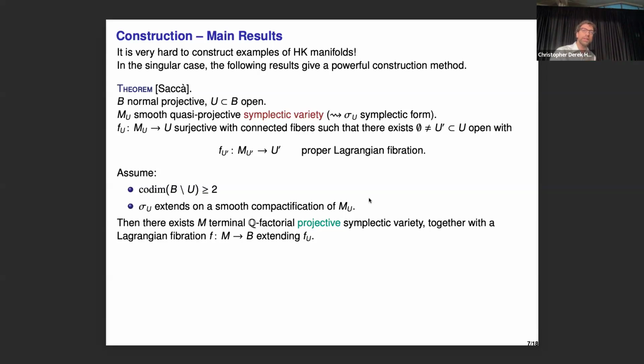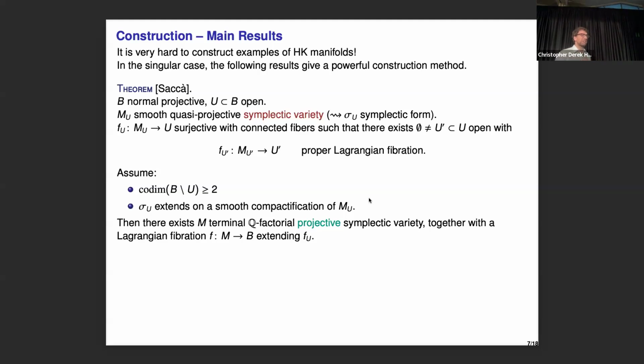And now the point is the following. So let's assume that there is a smaller maybe subset for which the fibration is actually a proper Lagrangian fibration. Okay, so I have two subsets. I have a larger one and I have a slightly smaller one in which the fibration is actually proper. Okay, so the fiber is actually a proper subvariety, which again by Arnold-Liouville is an abelian variety. Okay. And let's assume two conditions. Let's assume that the original open subset is large. So large means has codimension greater than or equal to 2. Okay.